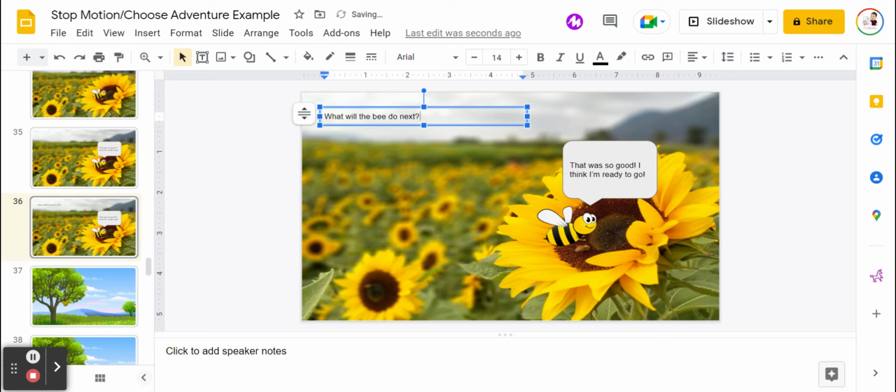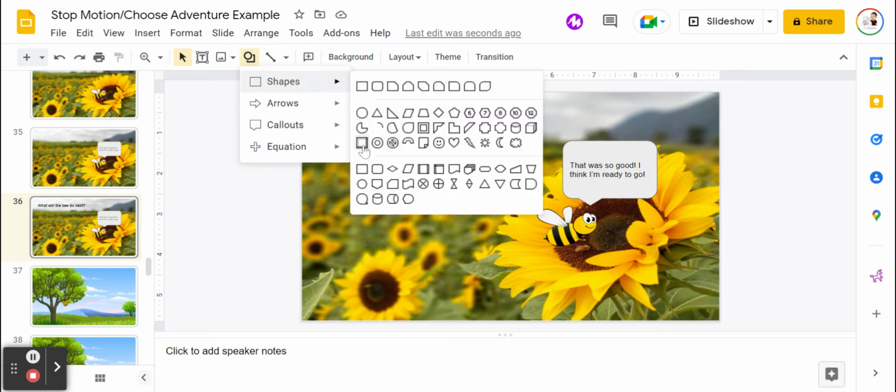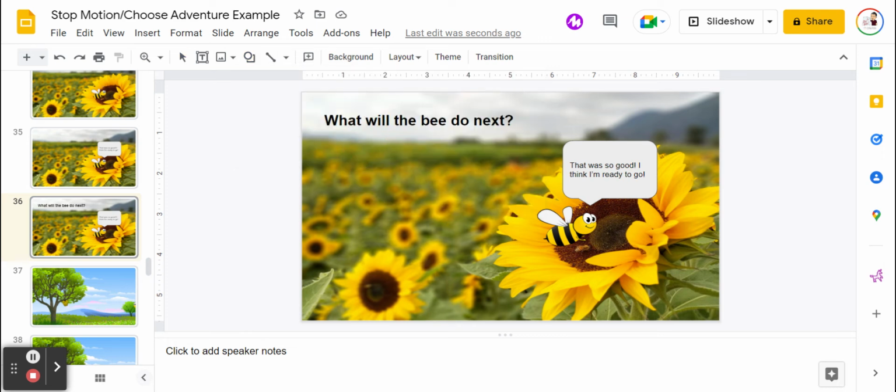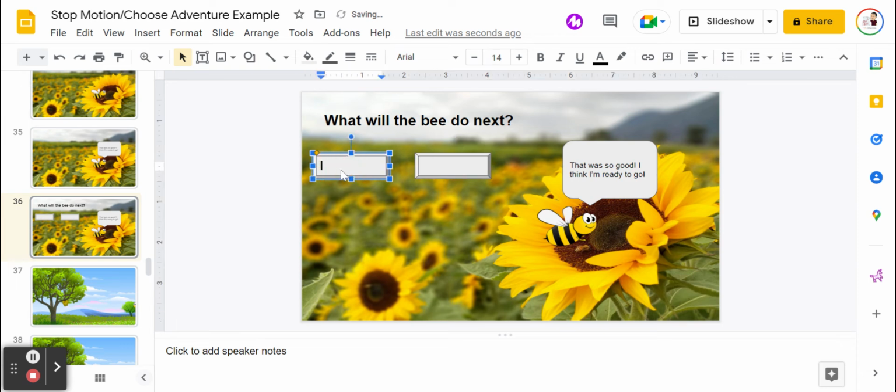For choose your own adventure, we want the audience to make a decision. So I'm going to make this text a little bit bigger. I'll even bold it. And for my two options, I'm going to go to my shapes. And I'm going to find this one here where I think it almost looks like a button. And I'm just going to make two quick buttons. And I'm going to copy paste it, that way they are the same size. There we go. And then within these little buttons, I can say back to the hive